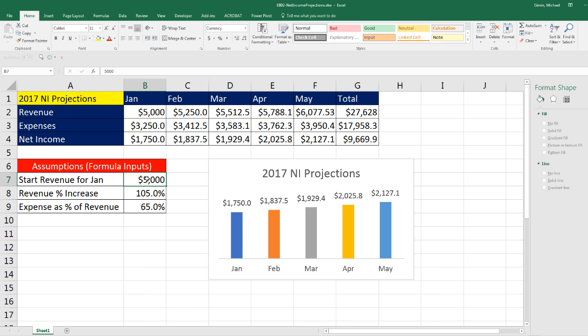Now I want to come over, and I want you to notice we didn't type any numbers in here. The only numbers that are going to determine what our revenue, expenses, and net income are, and the chart result, are these three numbers. Now, by creating all these formulas and these charts based on these formula inputs, we are following Excel's golden rule. And that golden rule says, for any one of your formulas, I'm going to put this in edit mode,